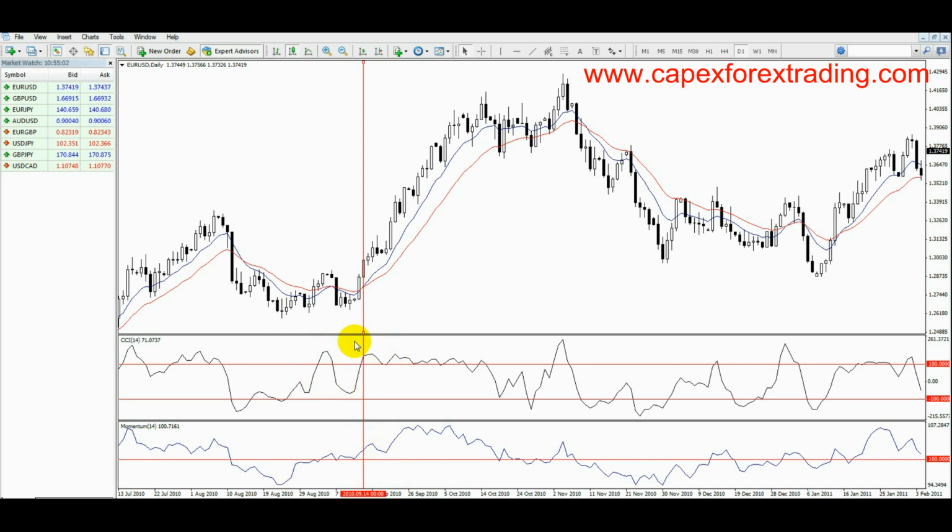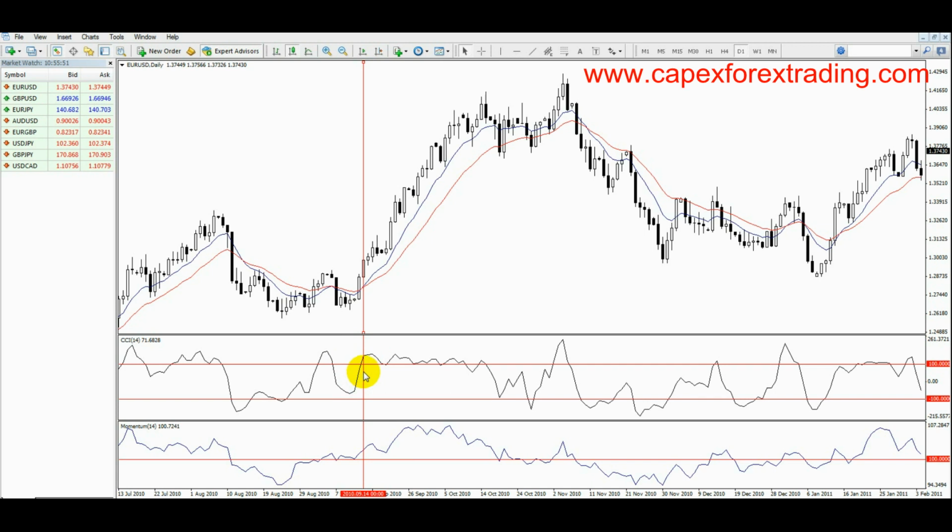The first thing we're looking for is an extreme CCI reading in the opposite direction of the trend that we established in the first place. And that's exactly what we've got here. The reason for this is that it ensures a short-term correction has now taken place and the uptrend is now ready to continue in the upwards direction. And the last thing we're looking for is a break above the plus 100 line,